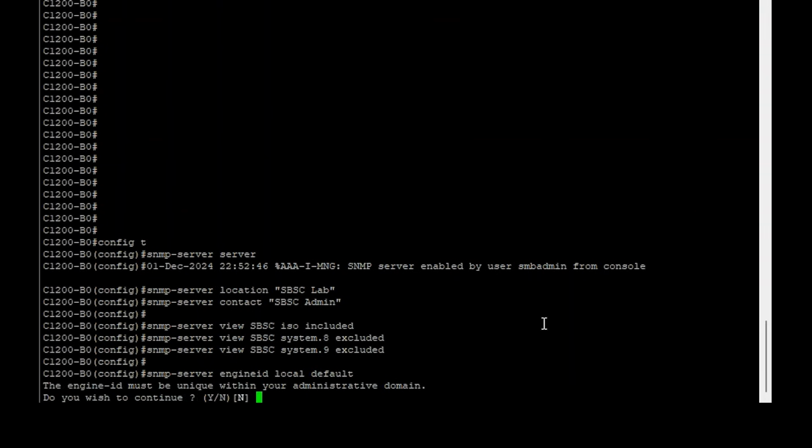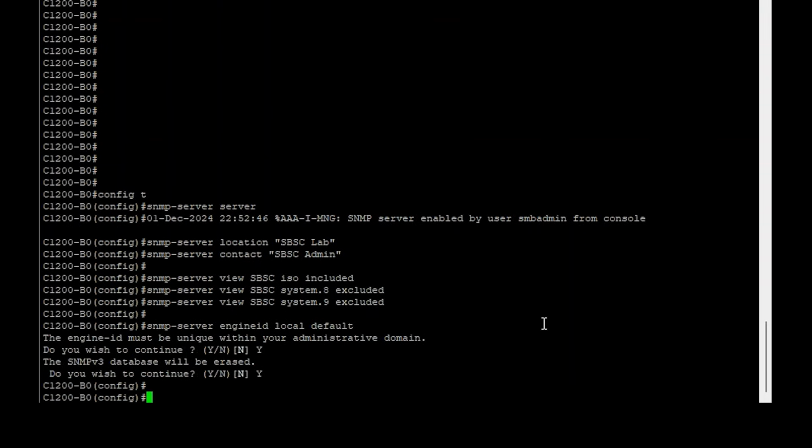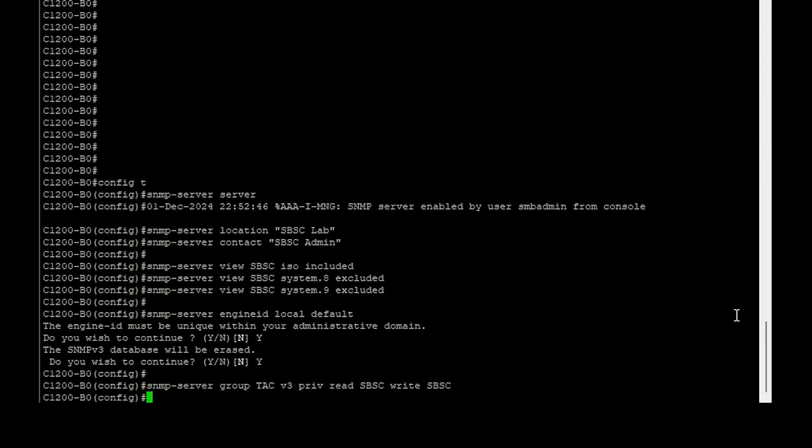With the groundwork laid, you can now create an SNMP version 3 group and user. For my group, I'll run the command snmp-server group TAC version 3 priv read SBSC write SBSC. This defines a group called TAC that uses SNMP version 3 with encryption and specifies the read and write views I just created. Next, I'll create a user with the commands